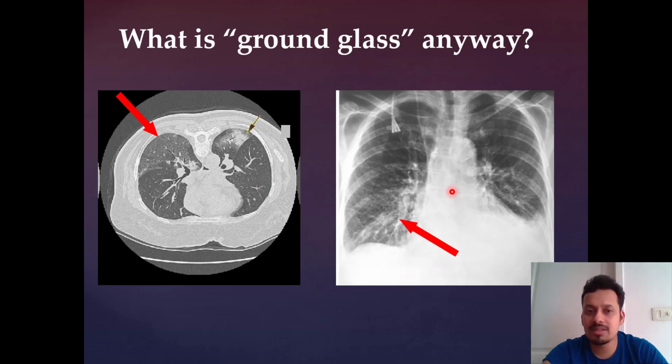Coming to one term which is frequently used in ILD, ground glass opacity. Ground glass opacity is basically a haziness or whitish patches through which we can see the vessels. Here you can see that there is a consolidation. You cannot see the underlying vessels because they are obscured by the consolidation. But here you can see that the underlying whitish vessels are also seen. So this is a ground glass opacity and this is a consolidation.